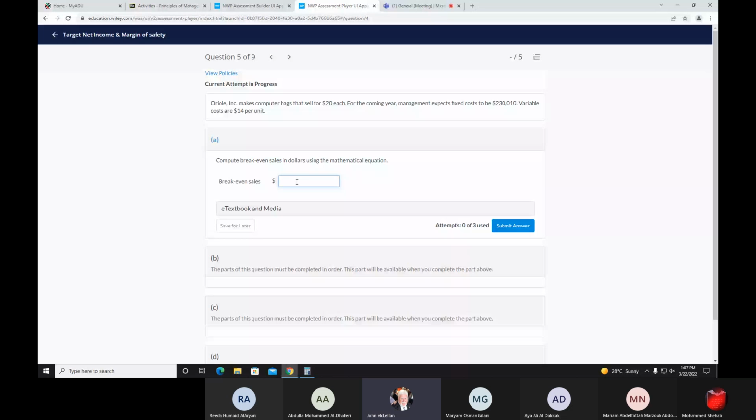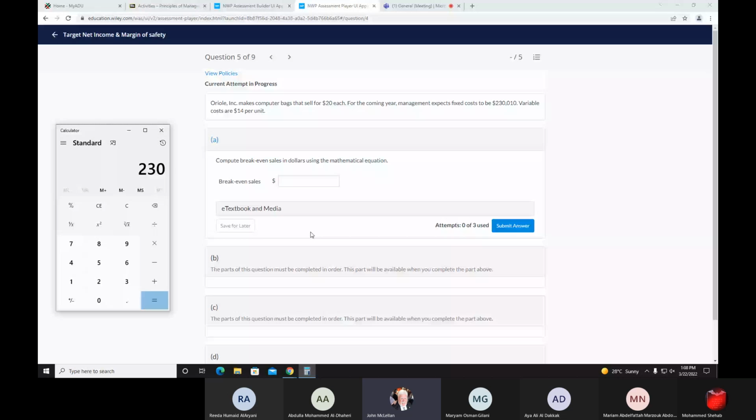All right, in this question, Orleo Company makes computer bags that sell for 20 each. In the coming year, management expects the fixed costs to be $230,010. And the variable costs are $14 per unit. So if the sales is 20 and the variable costs are 14, what's the contribution margin? 6, right. And therefore, the break even is simply,